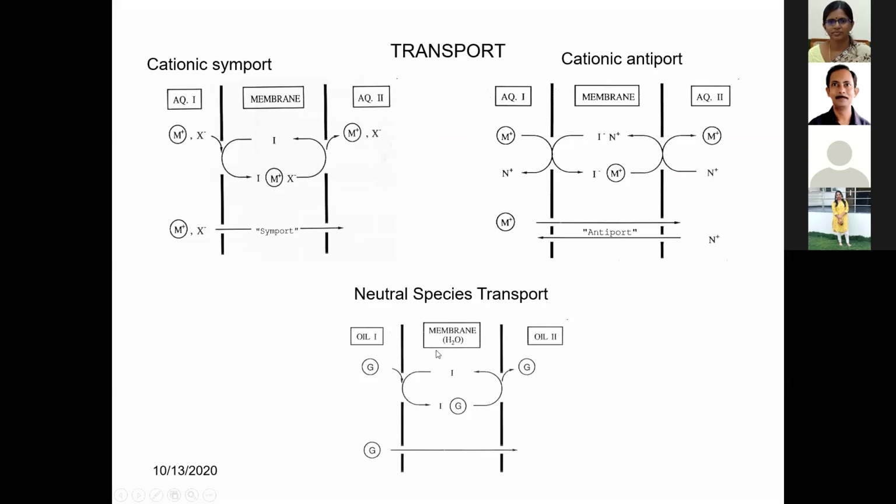Neutral species simply go into the membrane, and the membrane transports the material into the internal phase. This type of transport happens with an oil phase: if you have oil outside, the membrane is the water middle phase and oil is the inside phase. That type of material transport is possible by neutral species transport, whereas cation symport and antiport work on the